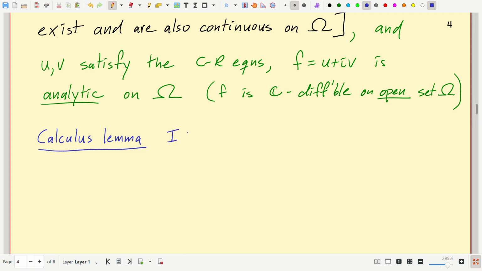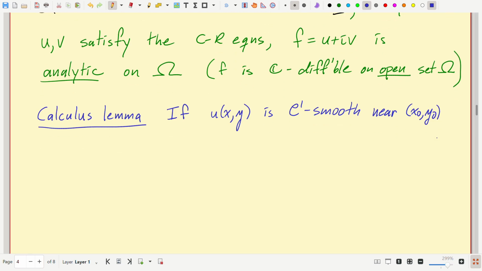But if u of x, y is C1 smooth near x naught, y naught, then